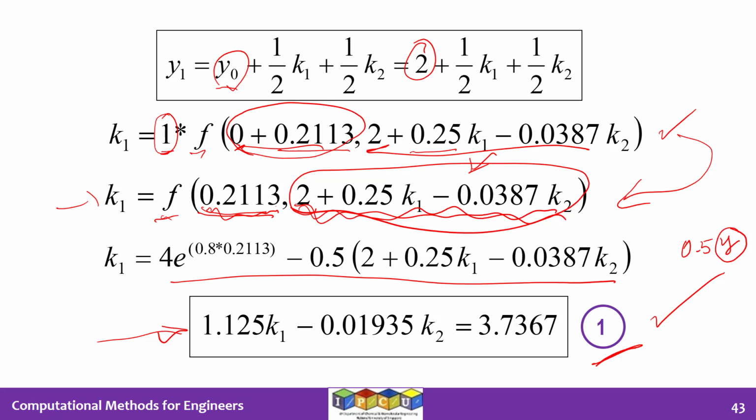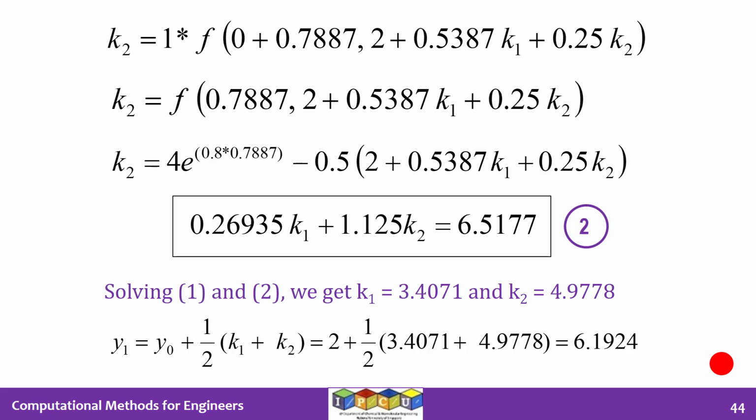But pretend this was 0.5y squared on the right hand side. Then we know this is going to get very complex, right? So luckily for us here, since the function f is linear in y, we are getting this kind of a simple expression which reduces to this. So this is expression 1.